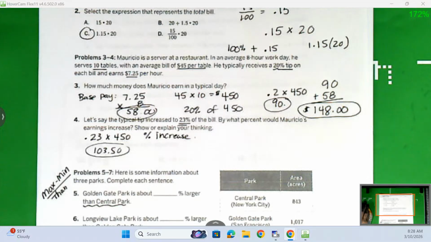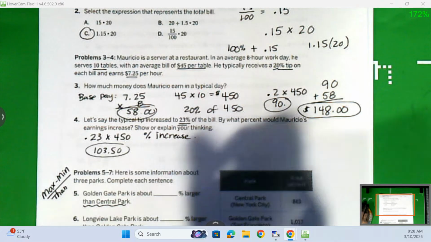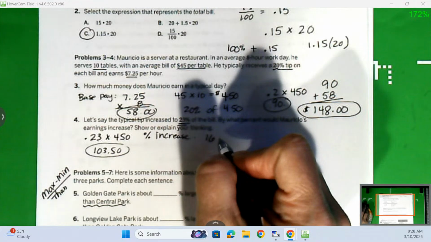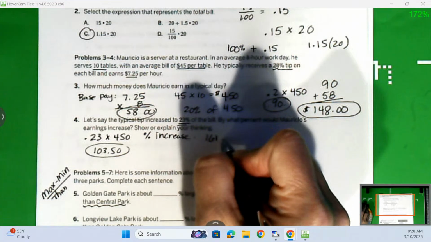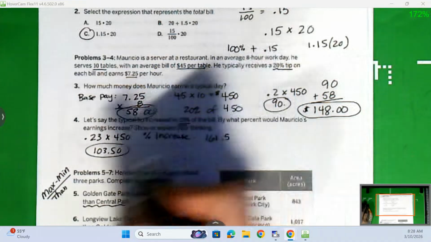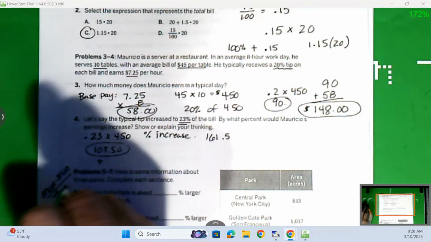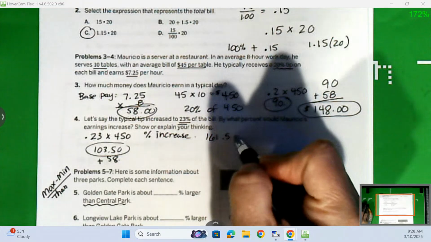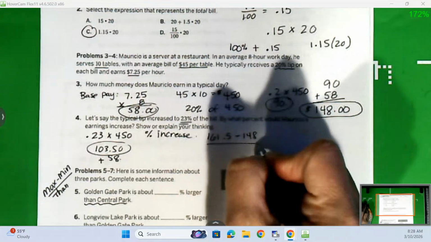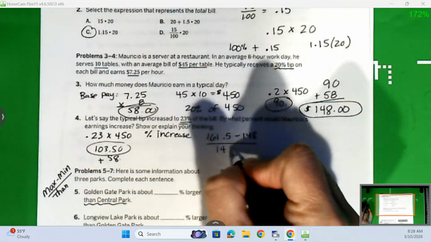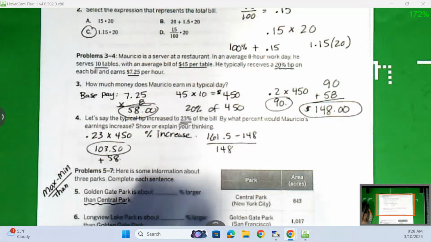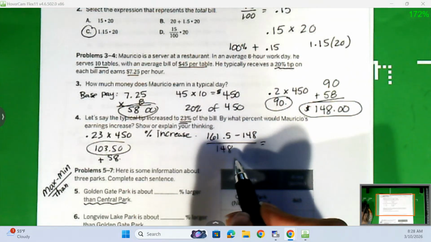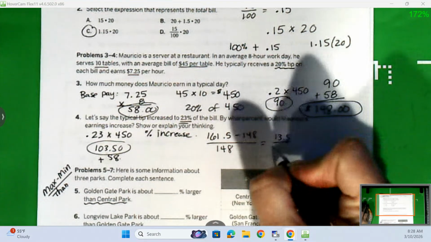So whenever we have a change, for a percent of change, we have to take their difference, 161.5, because remember that we're still going to have to add it to the $58 for the day, minus the 148, all over our original amount, 148. So basically you're doing your maximum minus your minimum over the original. Okay, we subtract before we can divide here. So we get 13.5 divided by 148,